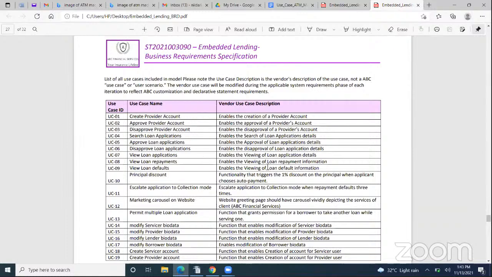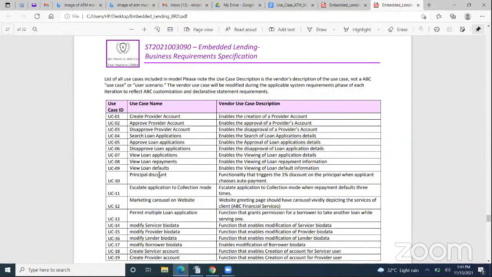Then viewing loan applications, a function that enables the viewing of loan application details. Then viewing loan repayments and defaults, functions that take care of seeing details for loans.